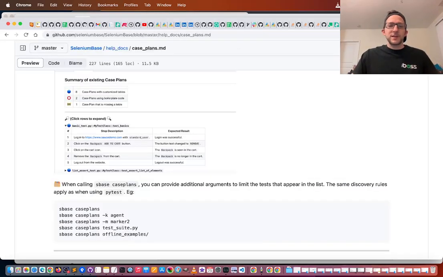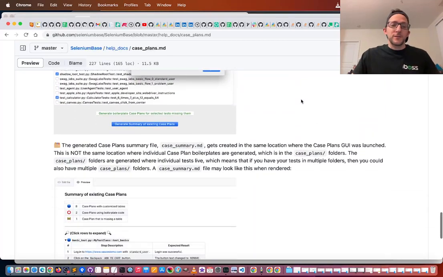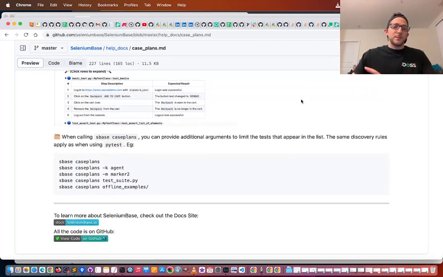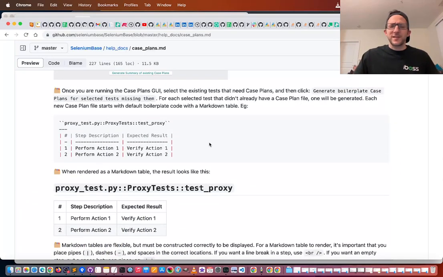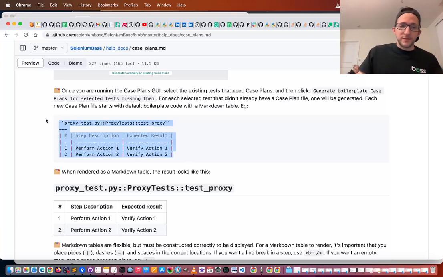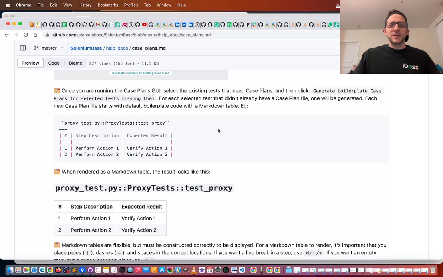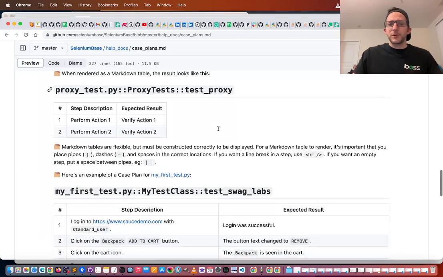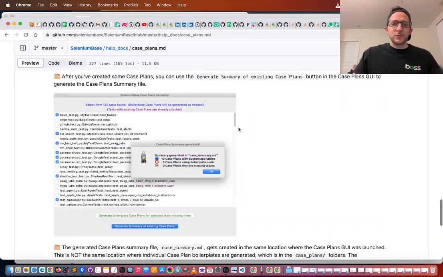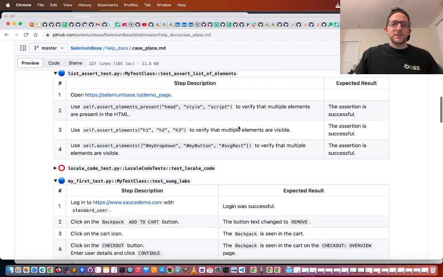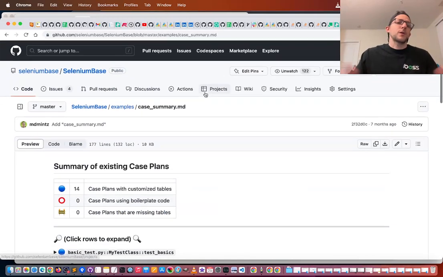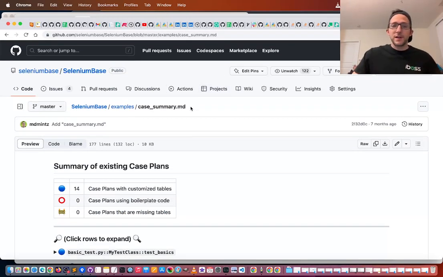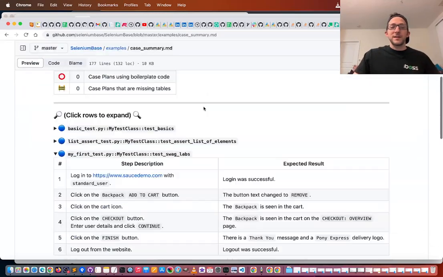So that essentially is a full summary of how case plans works. Markdown table technology does all the heavy lifting for you, which essentially is organizing everything, creating boilerplate markdown tables, and then combining everything for you into a nice case summary file so that things look really nice once everything's on GitHub. And the case summary file here is an example of that. If you go into the SeleniumBase examples folder, there is one there